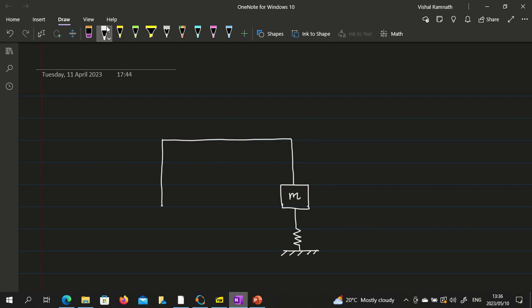This is one crank, and then this is connected to a damper. This is a pivot